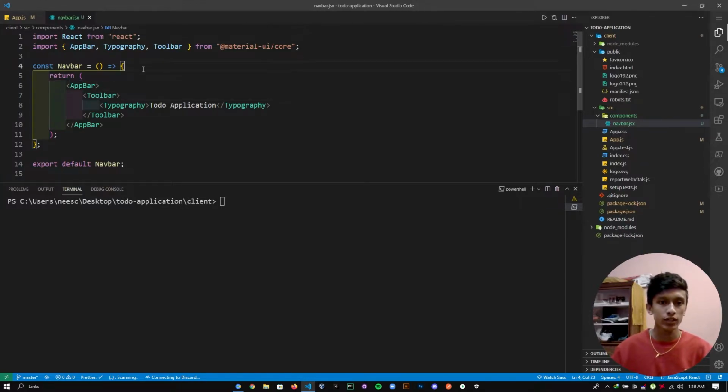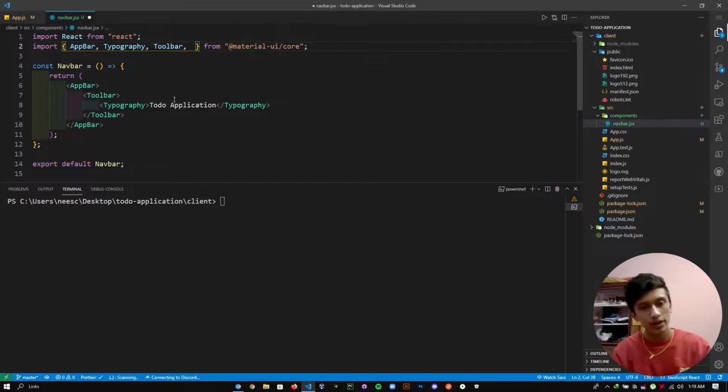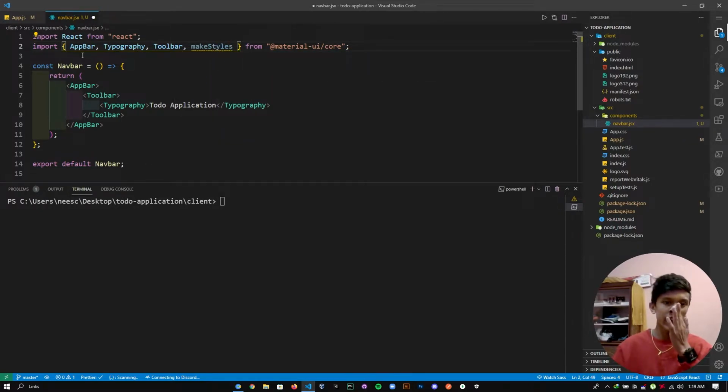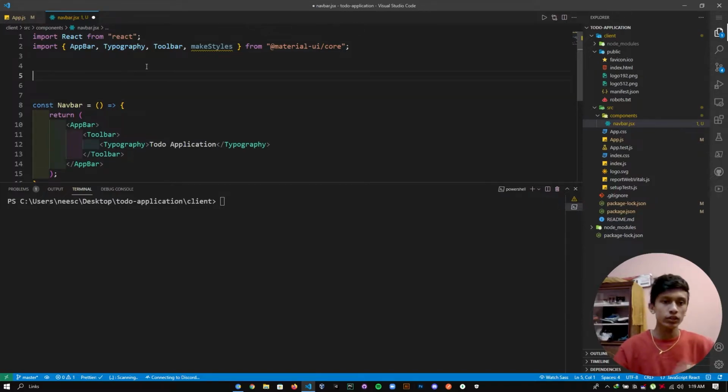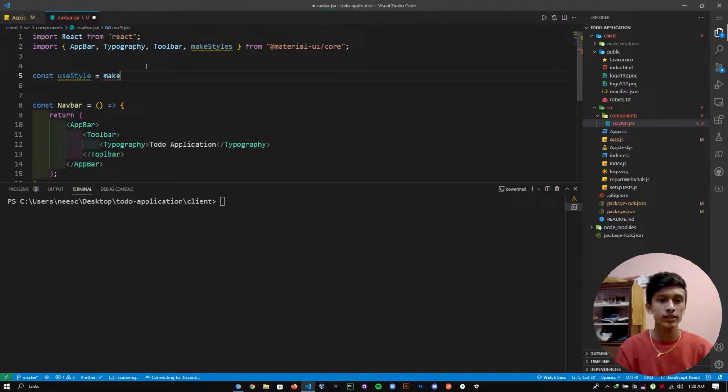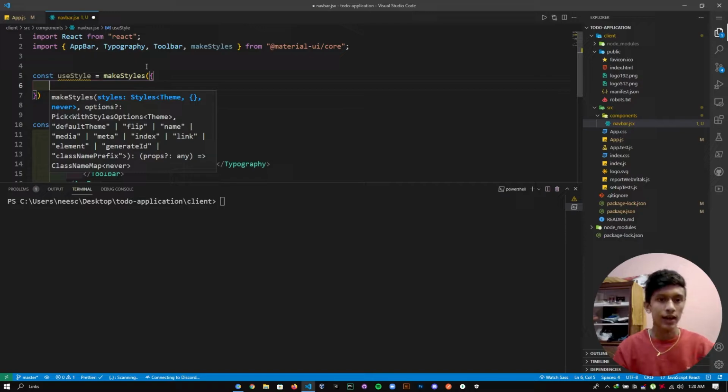Let's style the property. To style the properties of a Material UI component, you need to import makeStyles. Material UI gives you a way to style the component too. So just import makeStyles from Visual Studio, and then here what you need to do is create the useStyle. You can name it whatever you want. I will say useStyle is equal to makeStyles, and then it will take an object,